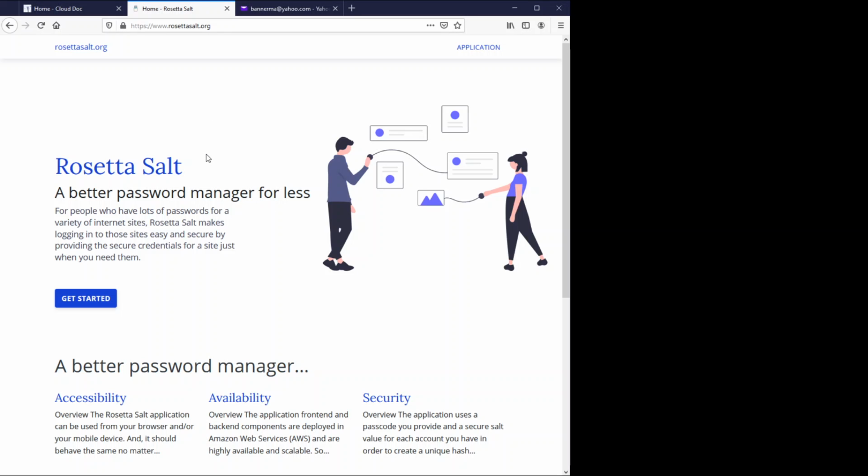Apologize for that. I really just wanted to make sure that all the data was cleared from the browser and the user was reset in the Cognito service and that sort of thing to try and emulate exactly what it is you would encounter. Alright, so again, on this Rosetta Salt application button,